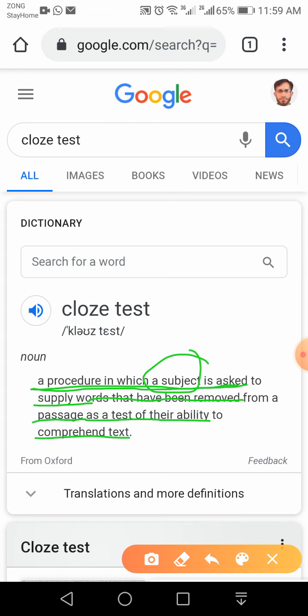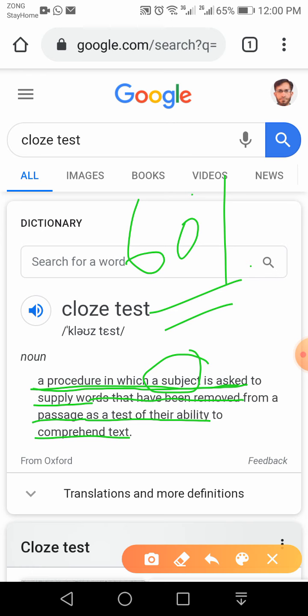If a student is able to fill 60% of blanks in that text, it means the whole text can be given to the students, and the student can easily comprehend and understand it. And if a student cannot fill 60% of the blanks in that cloze test, it means the text is too difficult for the student. So either the teacher has to explain a few things from the text, or another text up to the caliber of the student should be selected.